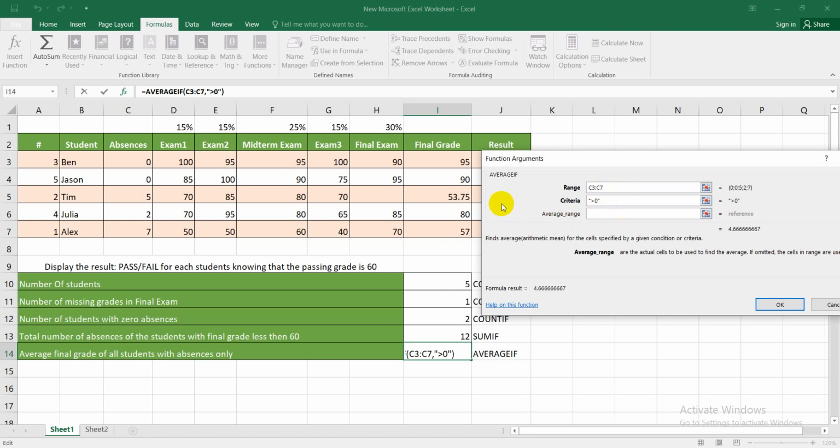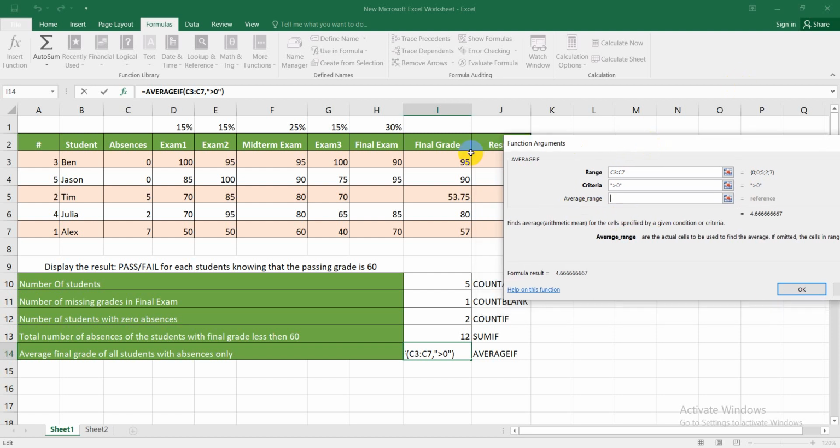So the average range here, average of what? Average of final grade. The actual range to find the average is the final grade range. So it's I3 to I7. In the range here, I want to provide the range that I am evaluating my condition on, which is the range of absences, because the condition is the students with absences only. So I'm providing here the range of absences from C3 through C7, and the criteria is with absence only, which